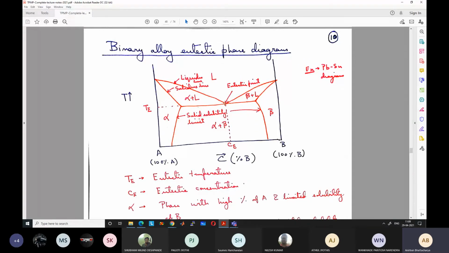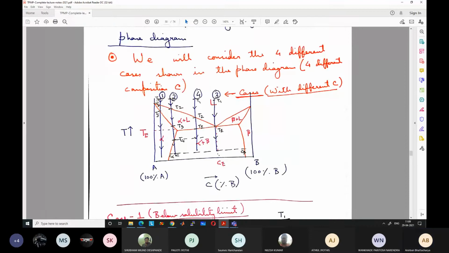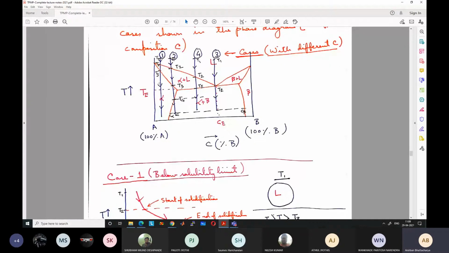We did not go into too much depth here. The only thing that we wanted to see is how the behavior, microstructure, phase fractions, and the temperature versus time look for different cases or different concentrations in this phase diagram. So we had taken four cases. One well within the limit of solid solubility. Second was within the limit of maximum solid solubility, but outside the limit at some other temperature. Then the third case was eutectic concentration, and the fourth case was near eutectic concentration.